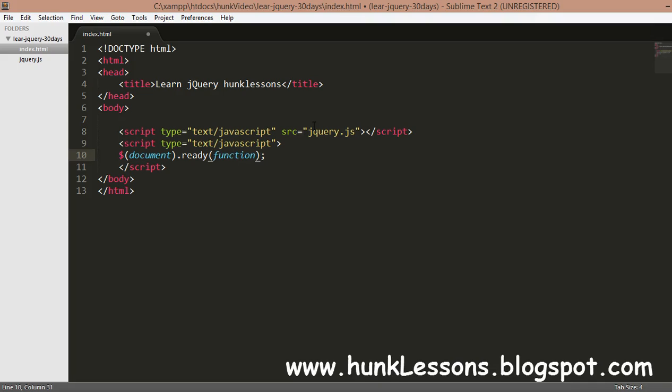Function, and do something like this: I will make a p tag here and name it Hussein. I will select the p tags by p dot css and give it a color of green.